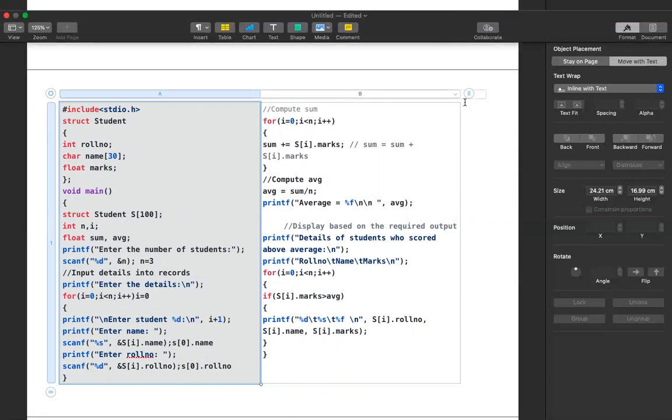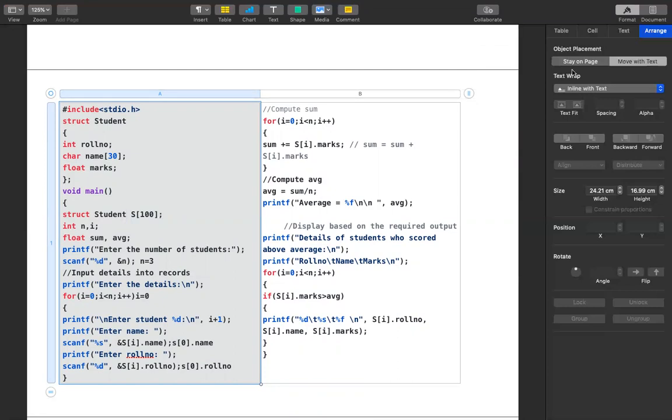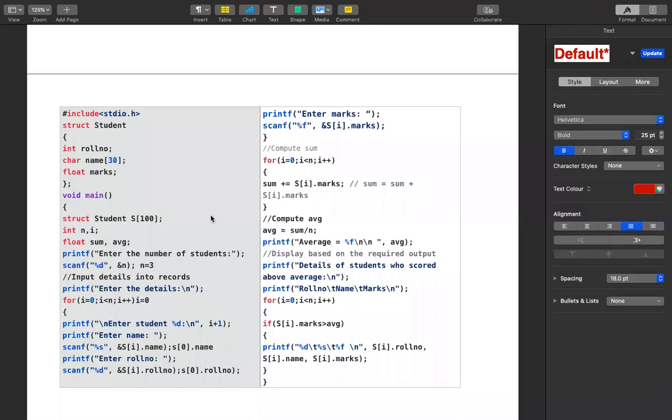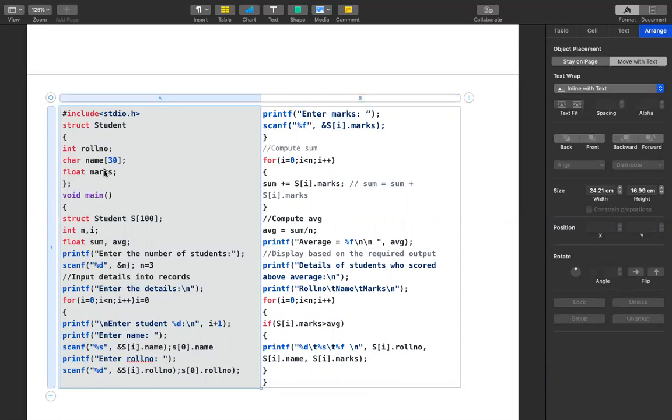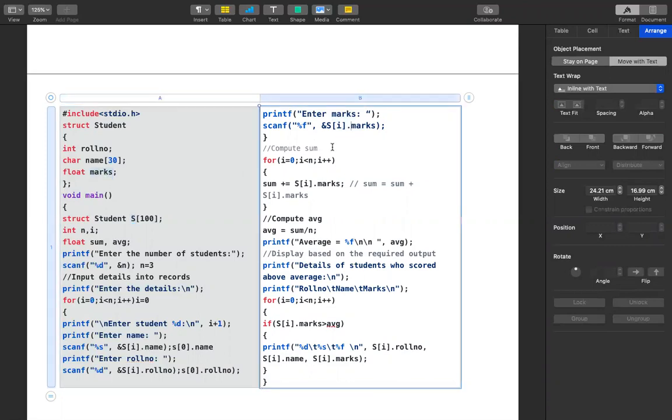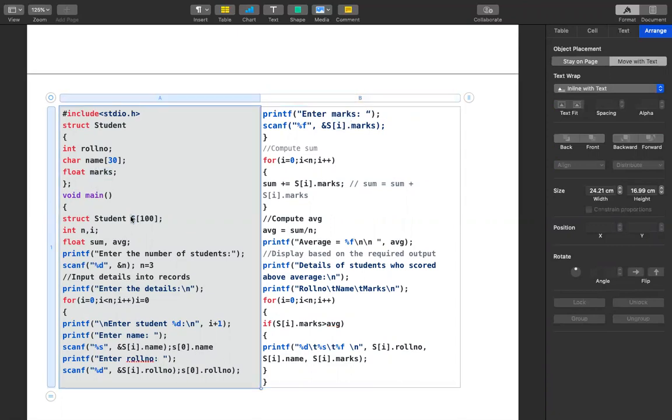Okay, and next, we have one more detail to be entered. That is, we need to enter the marks. You can clearly see here, next we are asking the user to enter the marks. Marks of which student? The first student. Again, the first student's marks can be accessed only by the variable s using the dot operator. Everywhere, whenever you access these members, we are using this array variable dot that member name.